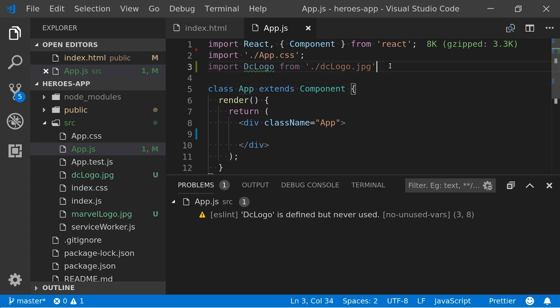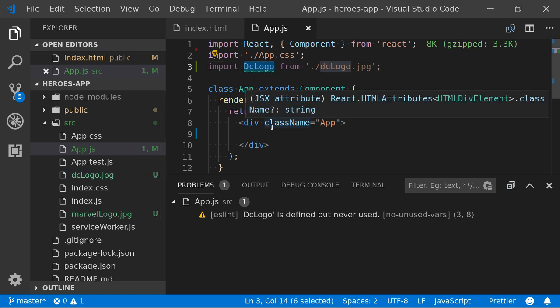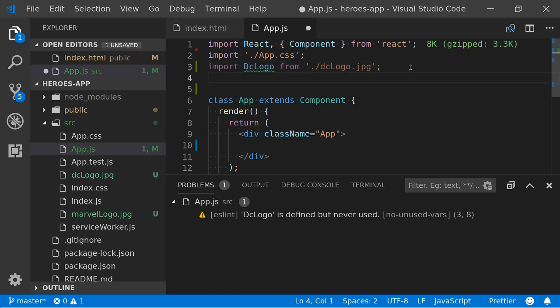Do you need a semicolon at the end? Probably should, yeah. Which one? Sorry, yeah, so this DC logo bit here is just a reference name. We can call it whatever we want, but I could have called it Boris, and then I could have done an image called Boris, and it would have displayed the DC logo. But obviously, make sure your naming conventions make sense. So if it is the DC logo, call it DC logo so you know what you're importing. But yeah, good point, well picked up.